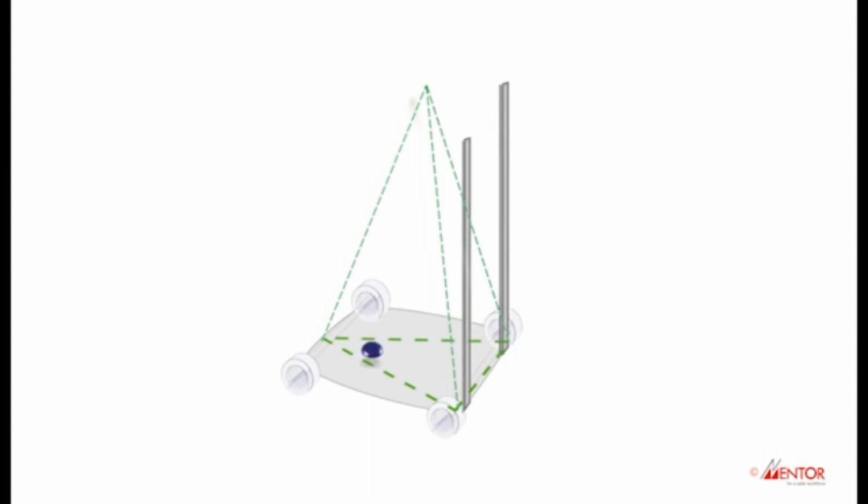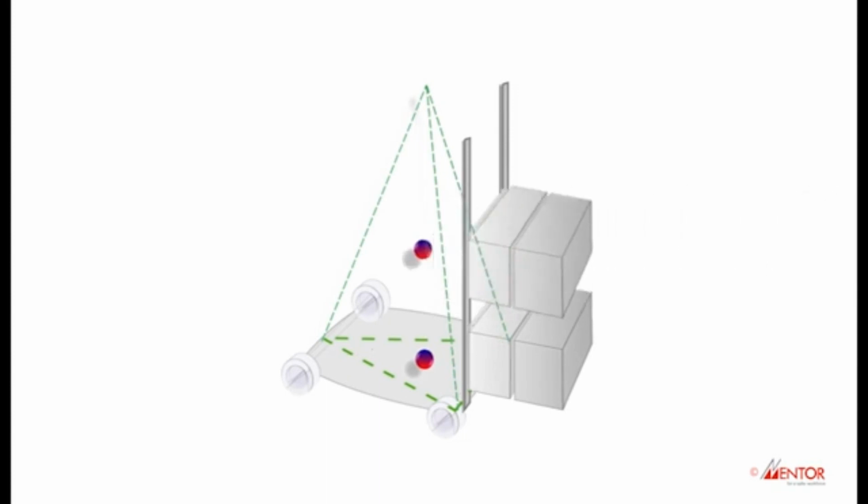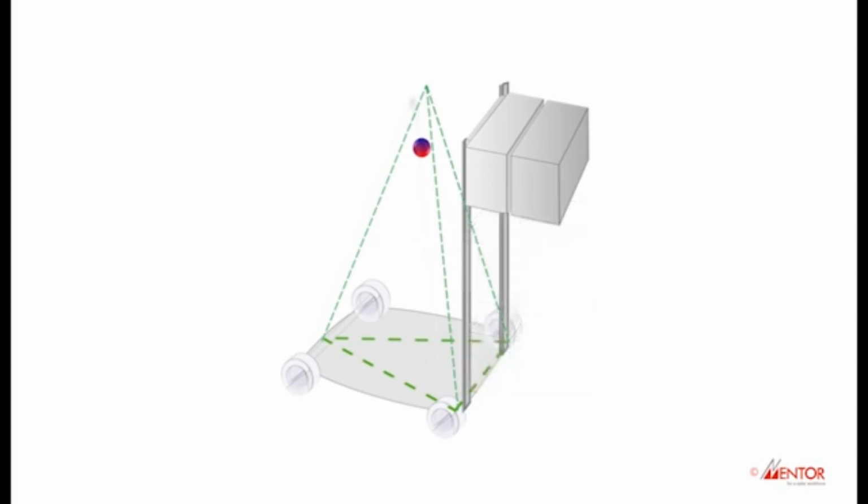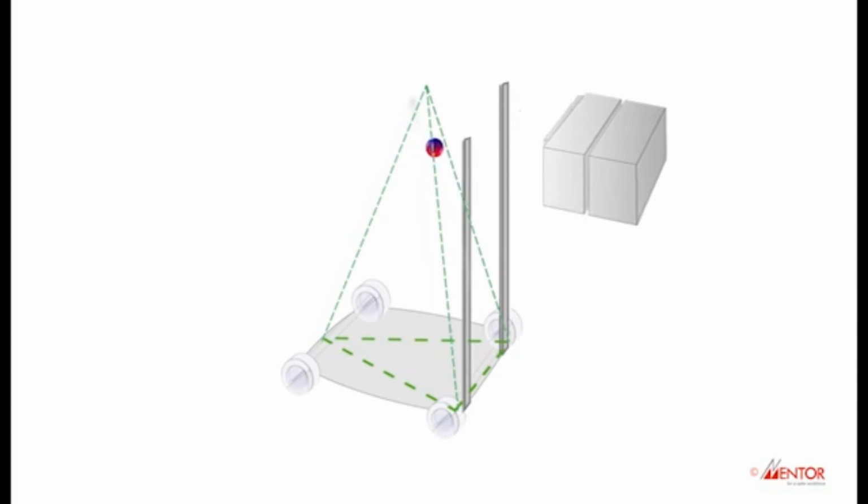The higher the load is lifted, the higher the centre of gravity. You can see here that the higher the load is lifted, the centre of gravity moves closer to the edges of the stability pyramid. When operating a reach truck and extending the reach, you can see how close the centre of gravity is to the edge of the stability pyramid. That means any actions of bad practice have a much higher risk of the lift truck tipping over.